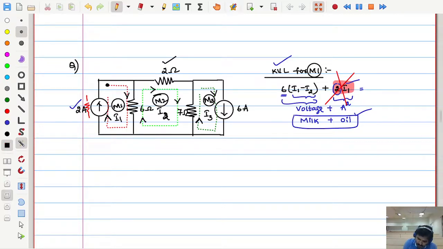Next thing is that try to observe what is my current I1. What is the direction of my current when it came over here? When I started here, my journey is going through this path. I reached over here. Now what is my direction? Clockwise. Clockwise, fine. But here, upward, right? Here my current is I1. So the given current direction is also pointing in the same direction. See here, this arrow and my current both are coinciding or not?